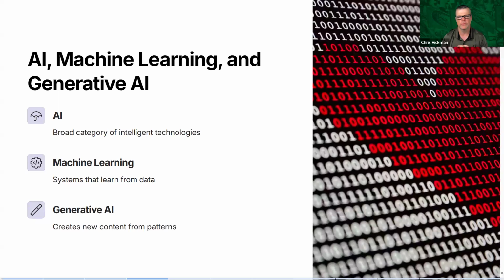So you'll hear a few related terms as you get started. AI is the broad category. That's any technology that seems to act intelligently. And then we have machine learning. That's a type of AI where systems learn directly from data. And then we hear about generative AI. That's even more advanced, and it creates new content from patterns such as drafting emails or generating quiz questions. So the good news is that you don't need to know the technical details to start using these tools in